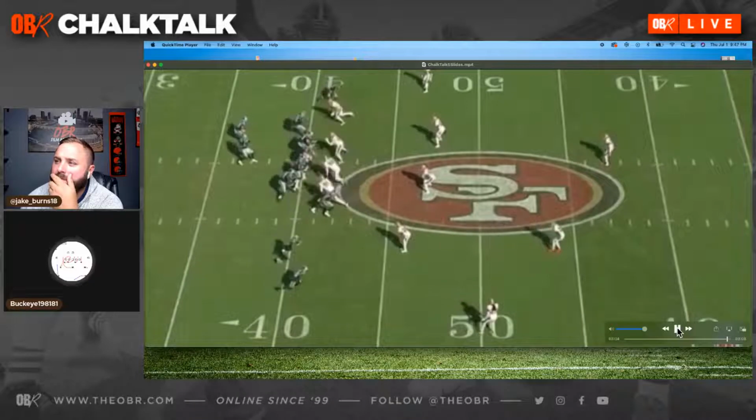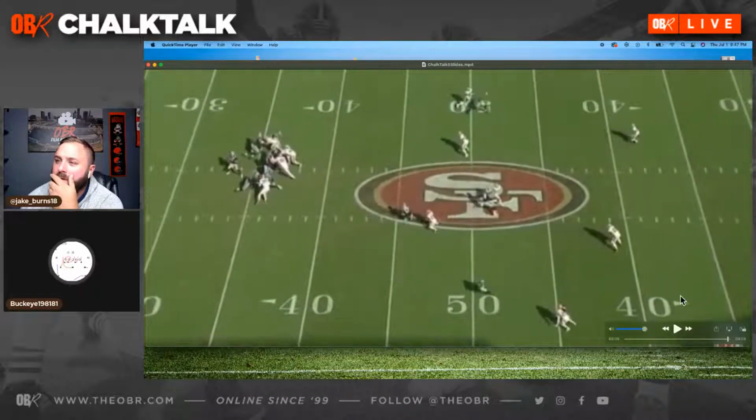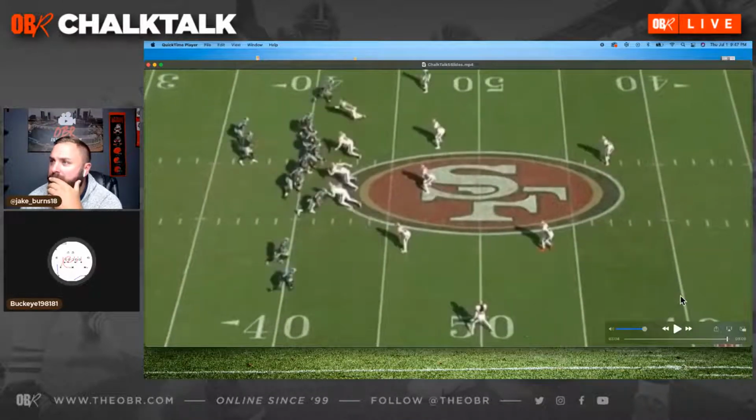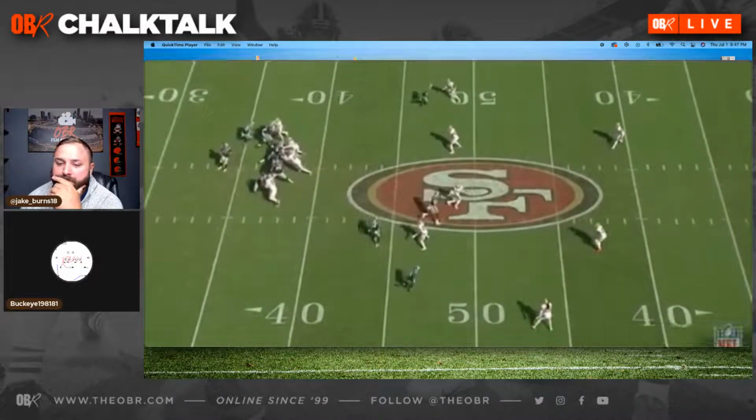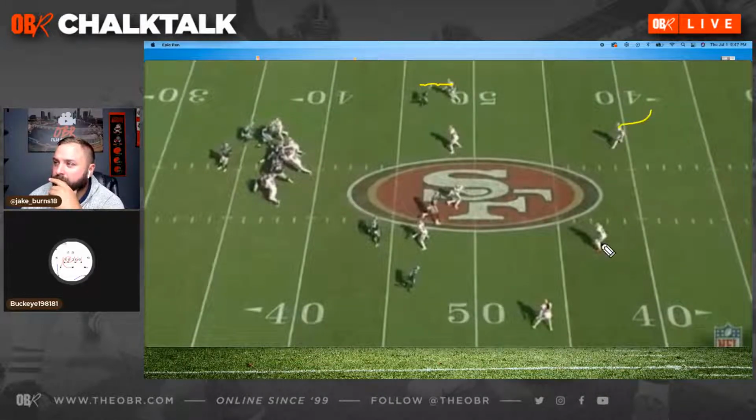So I believe this is an example of a quarter-half snap right here. This is a 3-by-1 situation for whatever reason. Obviously, this would be by game plan. They decided that rather than manning that backside receiver, they want to play Cover-2 to that side, Cover-4 to the passing strength. So our strong side corner, our free safety, our strong curl flat, and our Mike, our 3-receiver hook,